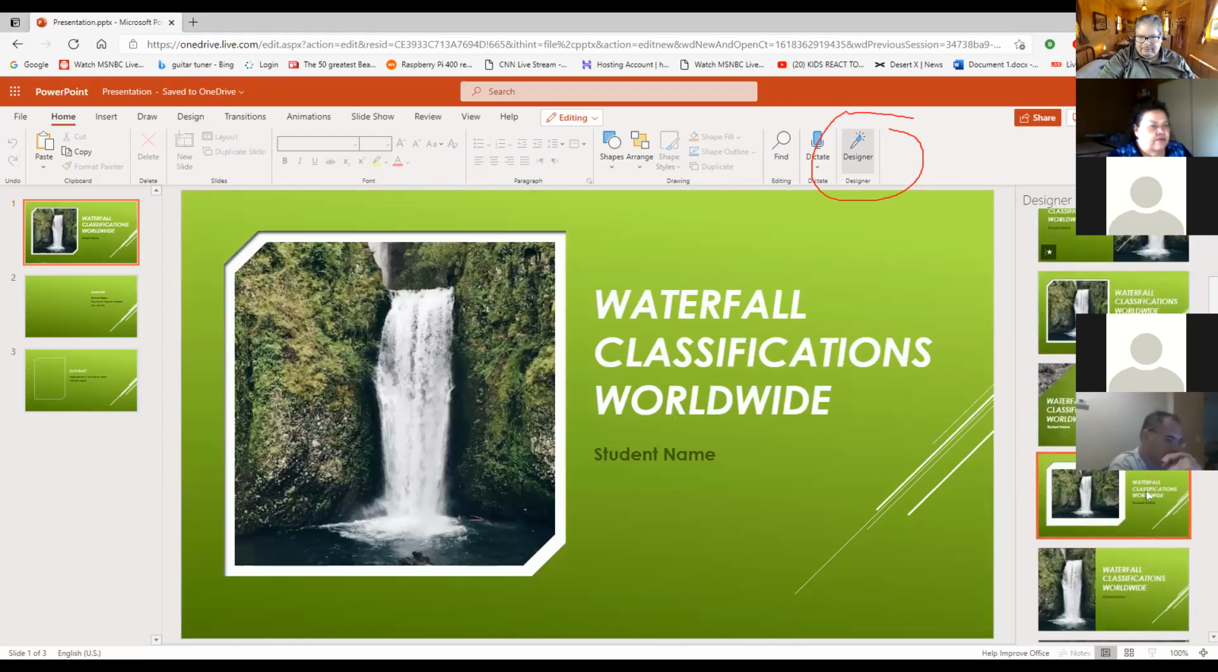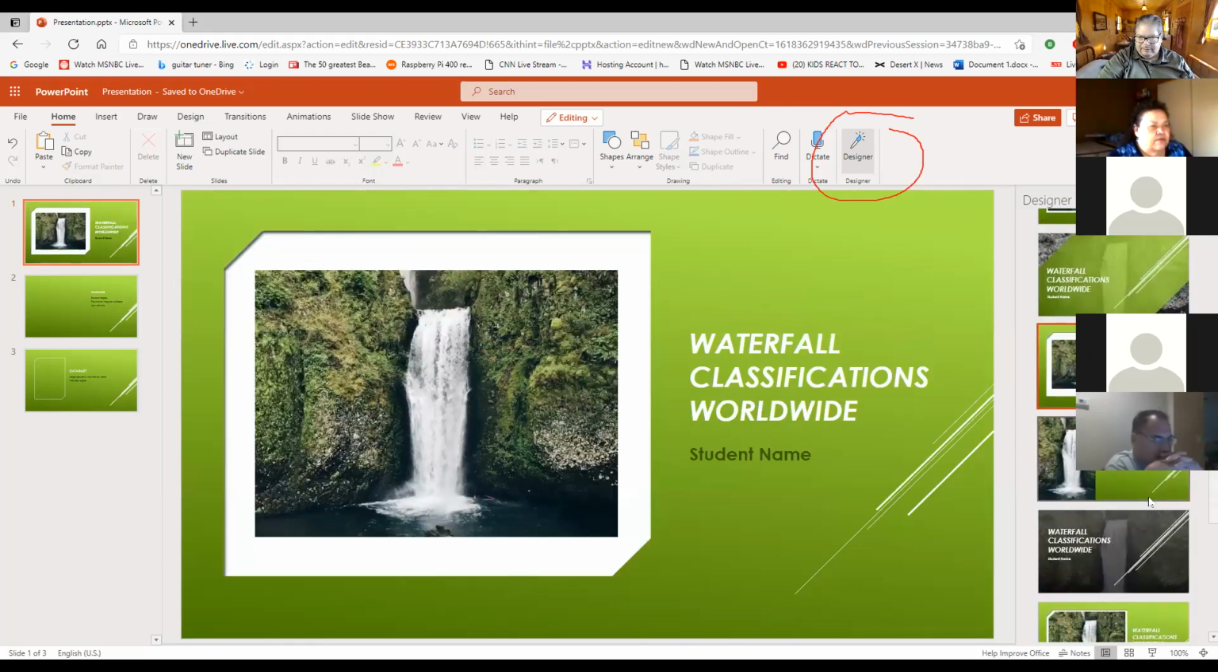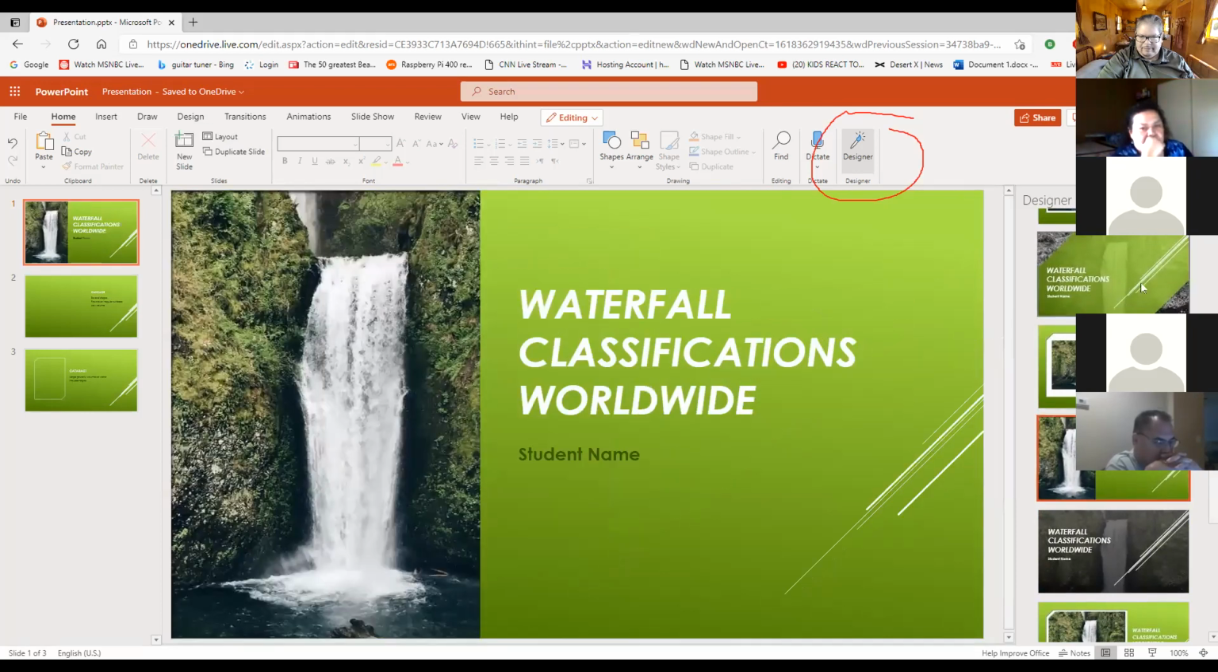And this one. That looks the same. This one is the same as the first one, but the picture is on the opposite side, which looks nice too. All right, so I'm gonna use that one. This one I like. It makes the waterfall look